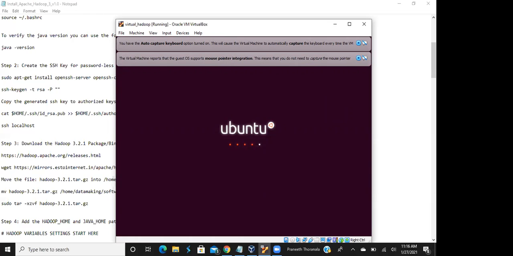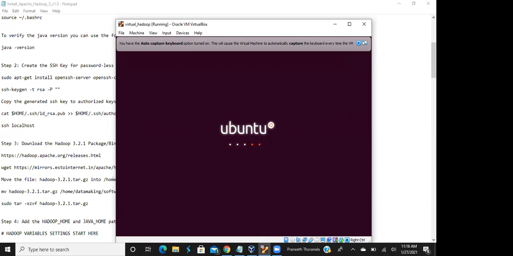Can you close those two pop-ups which have come in the VM here? Yes.